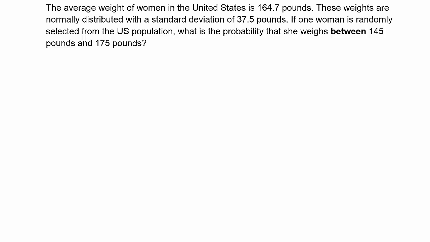The average weight of women in the United States is 164.7 pounds. These weights are normally distributed with a standard deviation of 37.5 pounds. If one woman is randomly selected from the US population, what is the probability that she weighs between 145 pounds and 175 pounds? Okay, so again, it says that the weights are normally distributed, so we're going to draw a